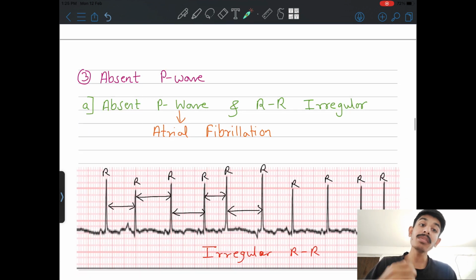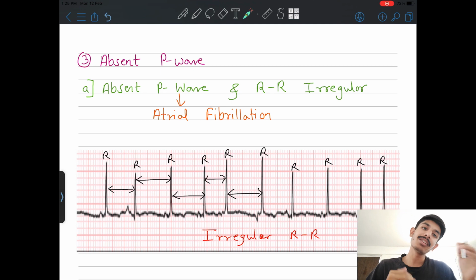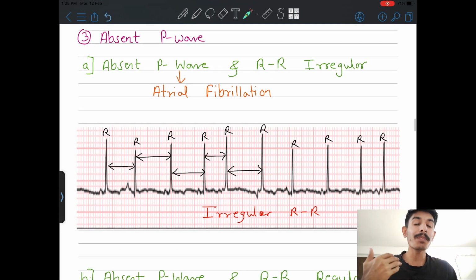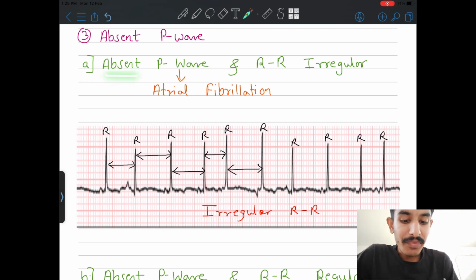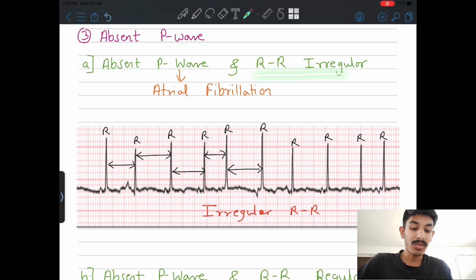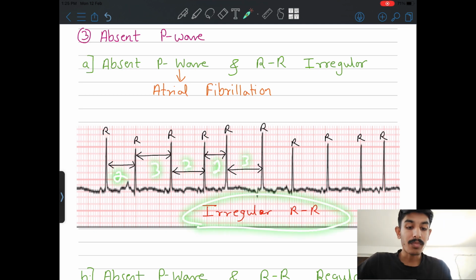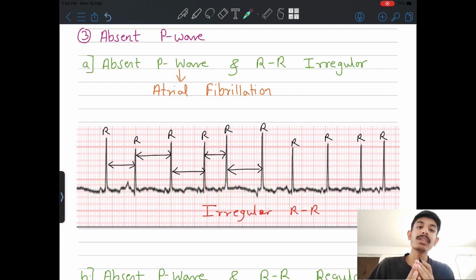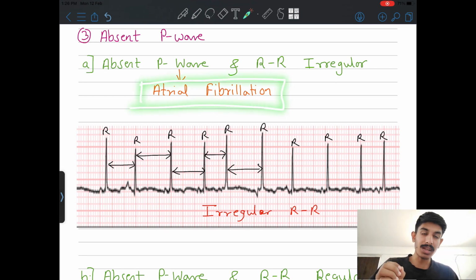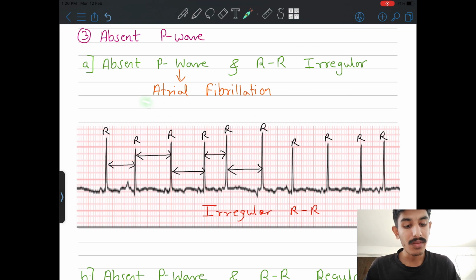Now if the P wave is absent, there is no P wave, no height, no width. What does that tell us? We studied this in the beginning, but we will still revise it. If the P wave is absent, as I told you in the rhythms, the RR interval is irregular, like 2 gaps, 3 gaps, 2 gaps, 2 gaps, 3 gaps. So it is irregular, and the P wave is not present here. As you can see, the P wave is absent, sometimes negative. So the P wave is absent and the RR interval is not regular, so it is known as atrial fibrillation. This is your diagnosis: if the P wave is absent and RR is not regular, then it is atrial fibrillation.